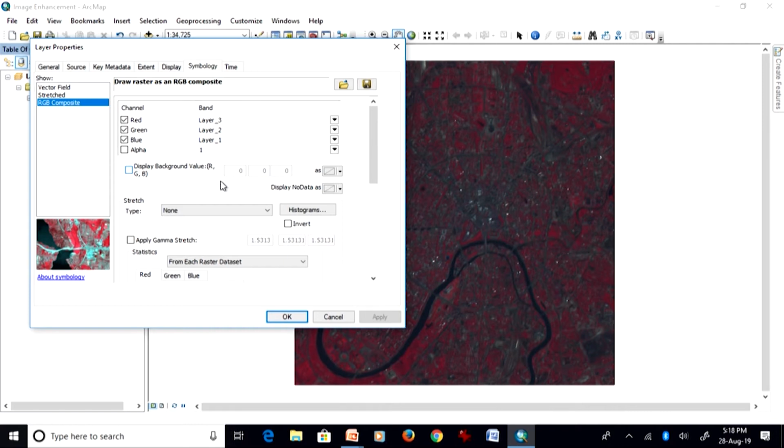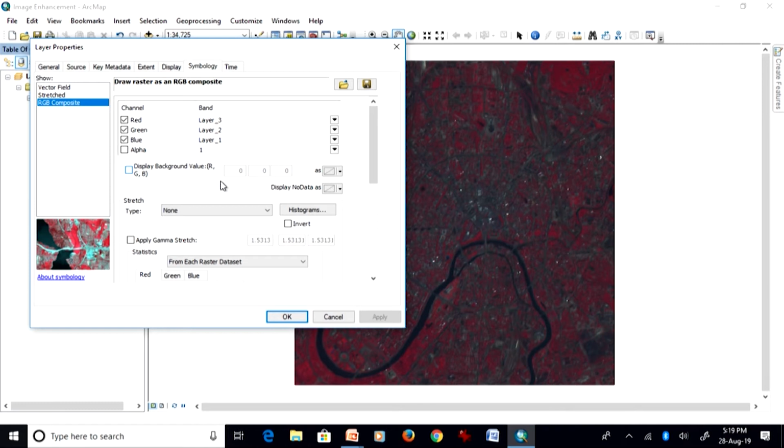I am not discussing atmospheric, radiometric or geometric correction; I am discussing image enhancement, because those corrections are done separately. Radiometric corrections generally are done by the agency who supplies the data or puts it on the net, atmospheric corrections are done by the users as per their requirements, and georeferencing also has to be done by the user.